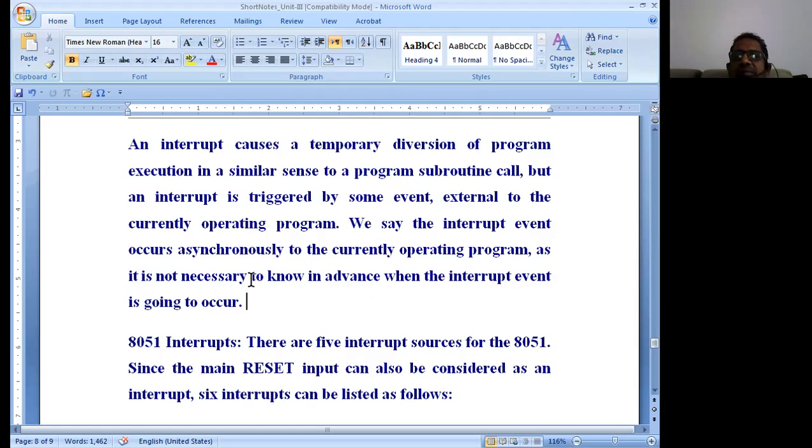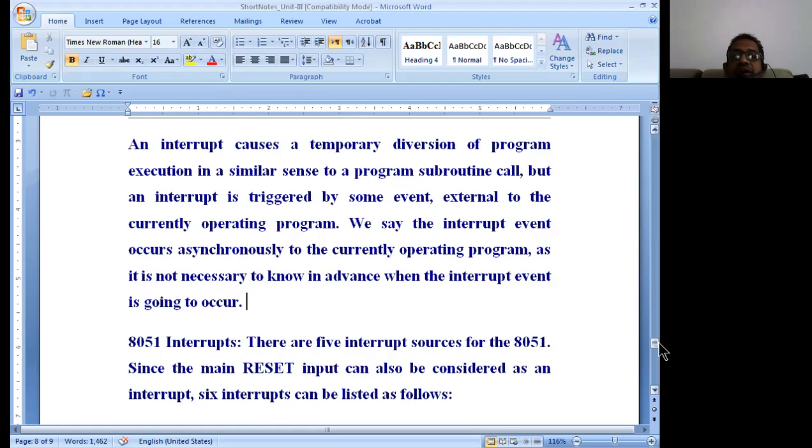Whenever the interrupt comes at some random time, the control should simply move on to the interrupt service routine. That is the interrupt we really talk about. Therefore, they need not be time bounded instructions, and they simply come asynchronously.